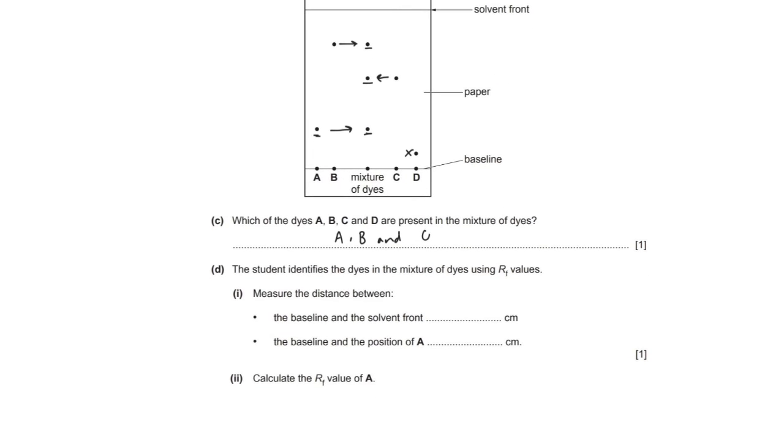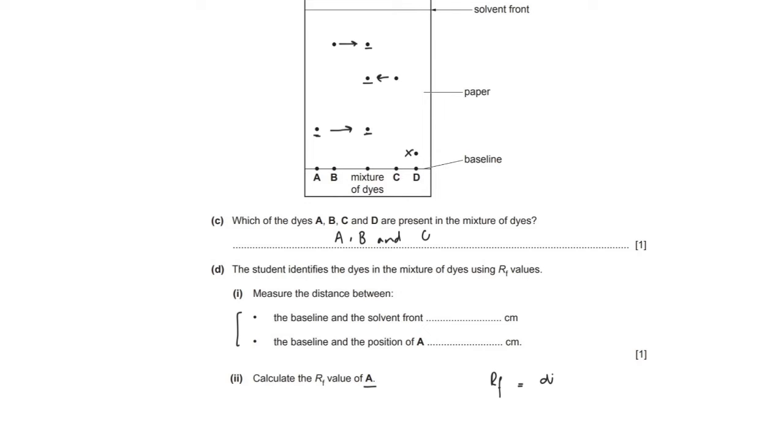Let's go to question number D. The student identifies the dyes in the mixture of dyes using RF values. Measure the distance between baseline and the solvent front, the baseline and the position of A. Calculate the RF value of A. He has just split it into multiple steps. If he just asks you to calculate the RF value of A, you should know that RF value is equal